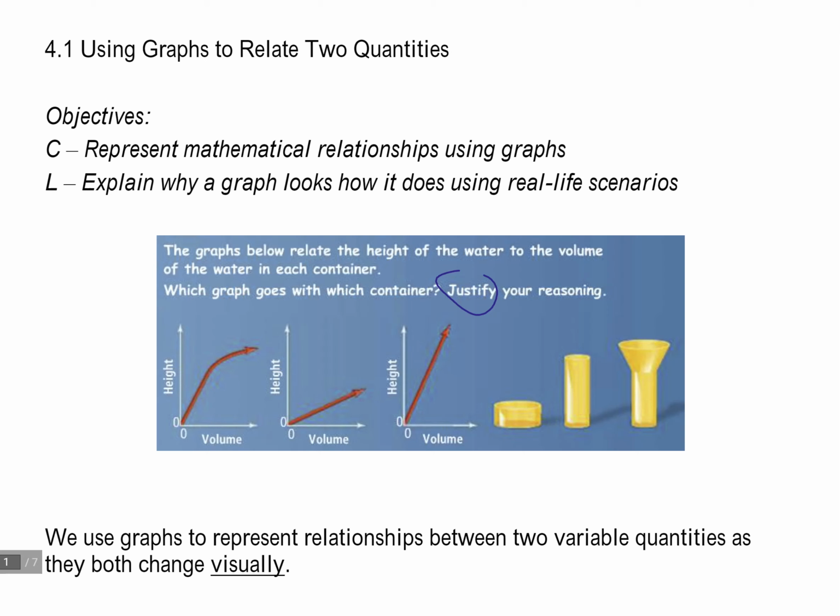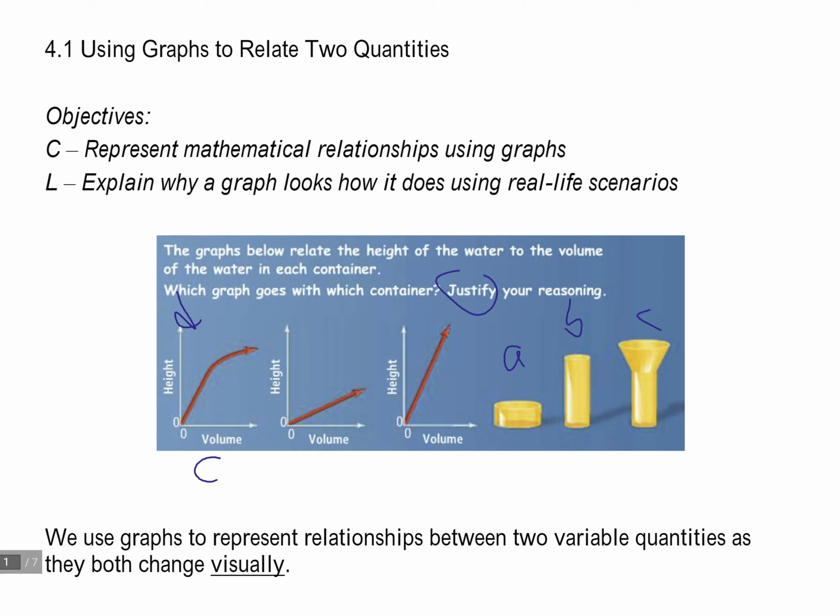Okay. So let's take a look at the graphs and see if we can understand which one goes with which figure. Looking at the first graph, if I'm looking at this graph right here, which one does that have to go with? Well, if you imagine water pouring into these three containers, so if I call this container A, this container B, and this container C,